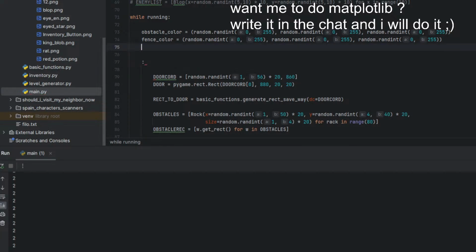While running, if player1.point_act, player.level equals 5, and not player.point_act, then player1.point_act plus equals 1.